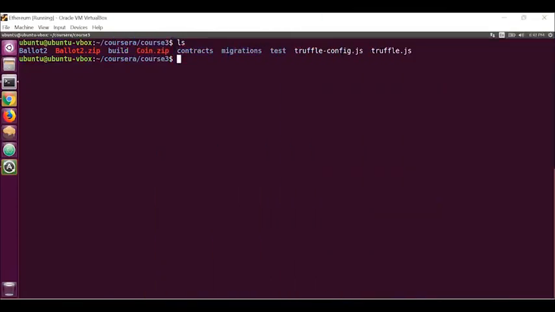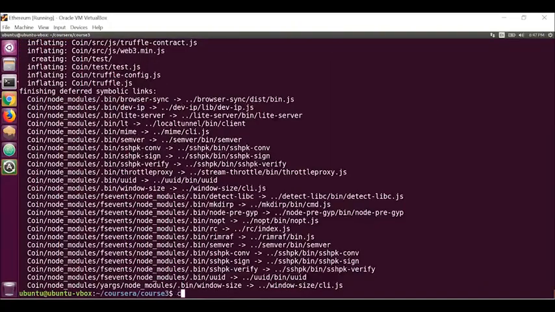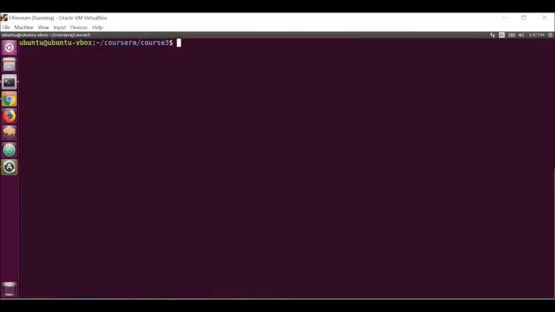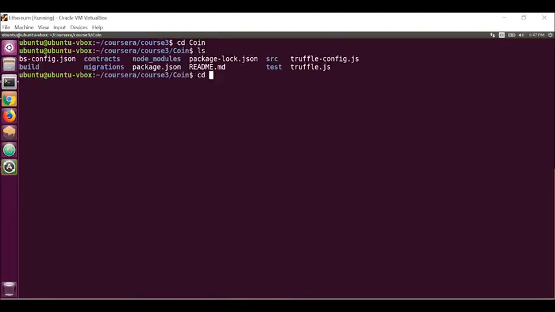We're going to illustrate the event logging using the coin smart contract. I already copied the coin.zip from our resources. Let me unzip it, and that'll create all the artifacts needed for the coin. So I'm just going to go into the coin folder where I have it, so you can look at it